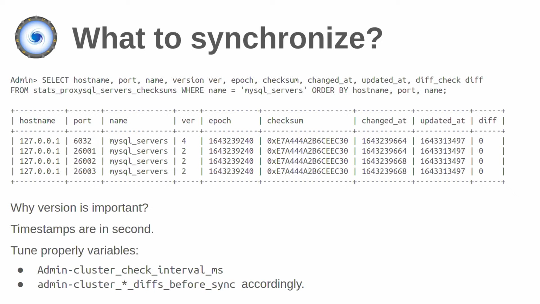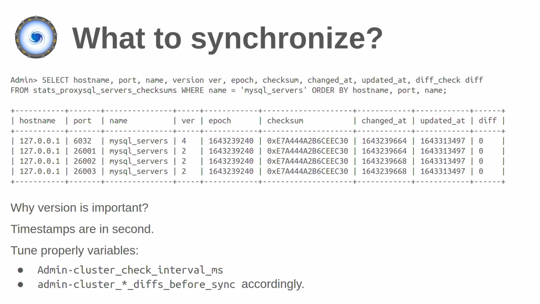Then we have the checksum. This is the checksum of the configuration itself. In the specific case of mysql_servers, you can have hundreds of servers, hundreds of clusters configured in MySQL replication hostgroups, or dozens of Galera clusters configured here. So to make the comparison between ProxySQL cluster nodes, we generate a checksum for each module. All the proxies need to do to see if they are in sync is check if the checksum is the same. If the checksum is different, it means they are not the same, and they need to pull the configuration from each other and update it.